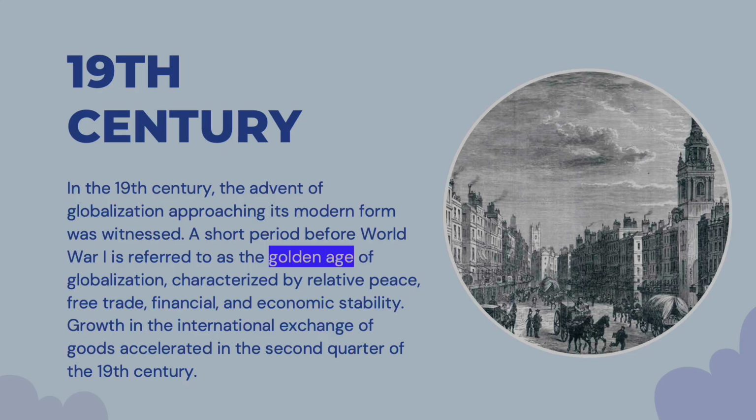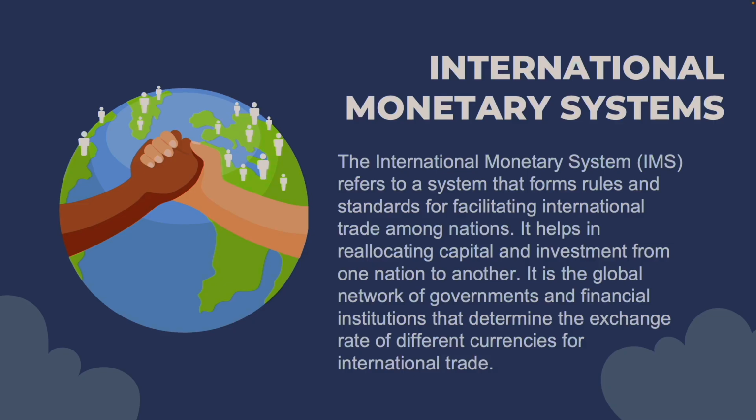That historical view is great, seeing how it wasn't just one big bang. Okay, let's shift gears a bit. What about the systems and rules that govern all this interaction today? The source gets into some key concepts. It does, yeah. It introduces the International Monetary System, the IMS. You can think of it as the global framework, the rules and standards countries use to make international trade happen smoothly.